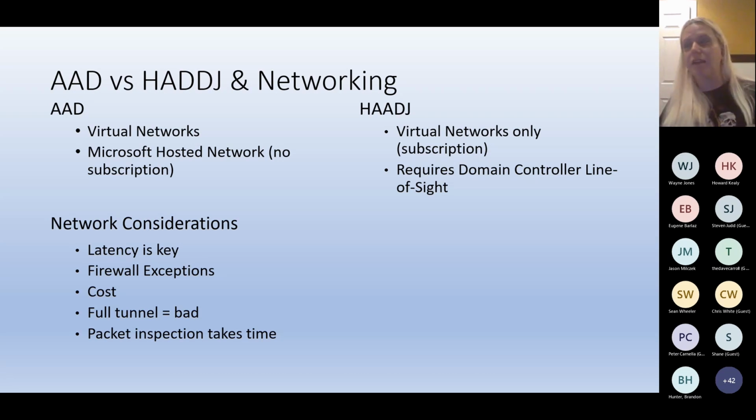On the opposite side, the hardest, we have hybrid Azure AD Join, which is more limited in that it only works with virtual networks, which makes sense because we need to be able to talk to your on-premises Active Directory environment, and you couldn't do that if you're doing Microsoft hosted. And so, yeah, dealing with HAJ, you have to have line of sight to the domain controller. That's a hard requisite. And so depending on what you need to do or where your organization is from a cloud standpoint, those are really your options.